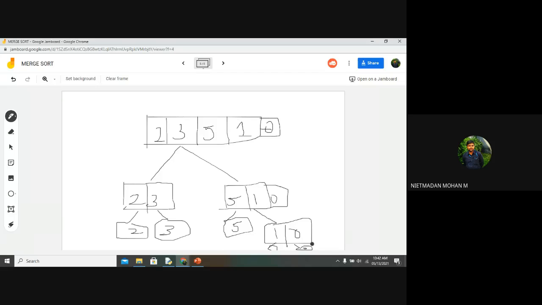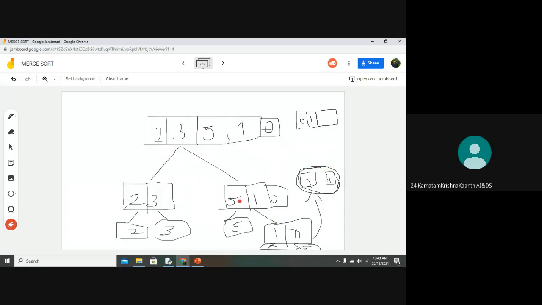You just see this first, this 1 and 0 has been split, and here it will come like this: 1 and 0. First it will check this process, which is the lesser one. We initialize the final list to store the elements. First it will check which one is the lesser one and store it in the final list, that is 0 and 1, correct? Are you clear about this? It will not put the 1 first, it will store only 0, and after that it will put the 1 also.